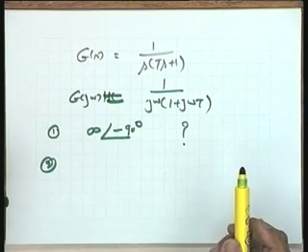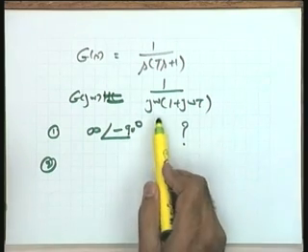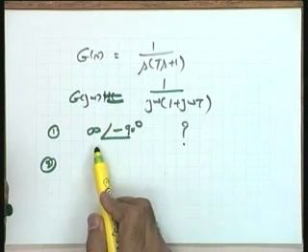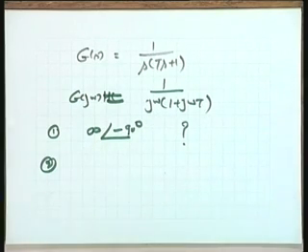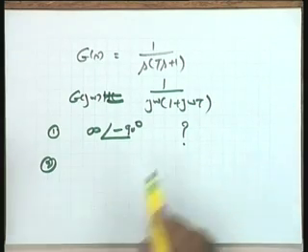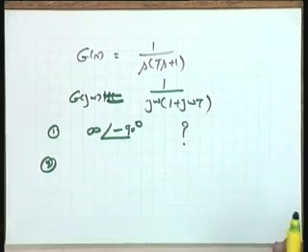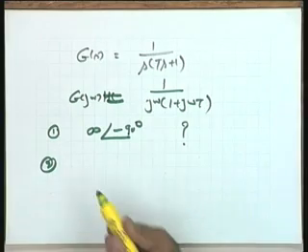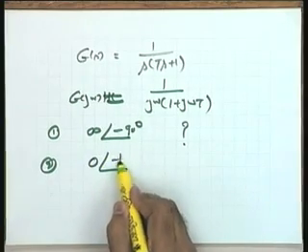What is the question please? When I take omega is equal to 0, the magnitude is infinity, angle is minus 90, is it correct? Yes, it is correct, I think there is no problem. Now you take omega is equal to infinity. In that particular case, please help me, what is the magnitude and the angle? 0 and minus 180 degrees.